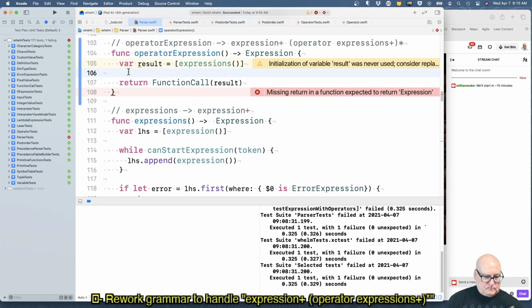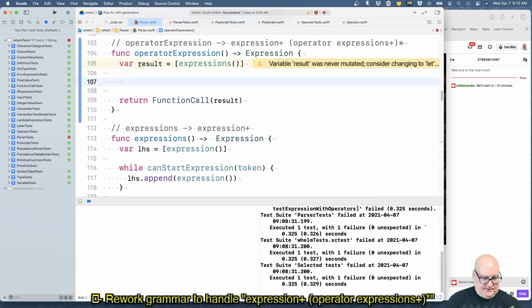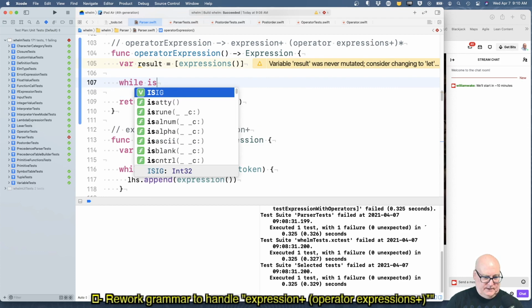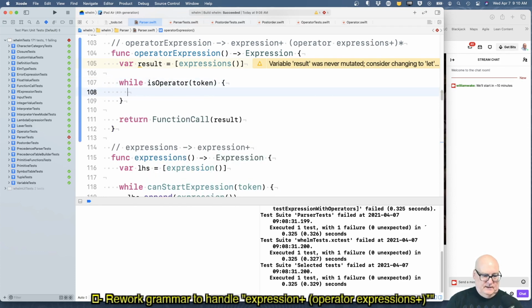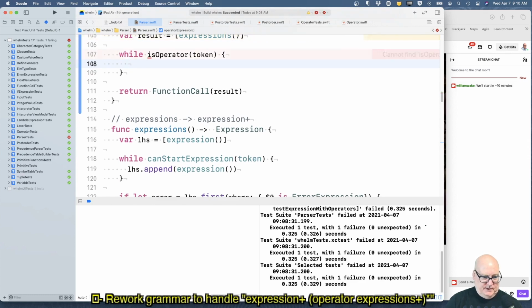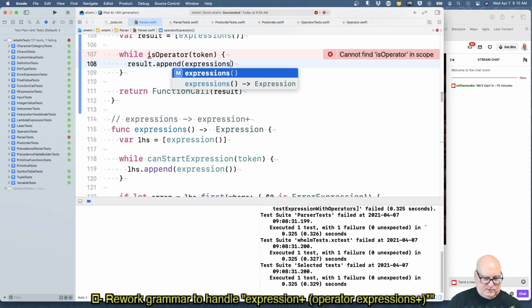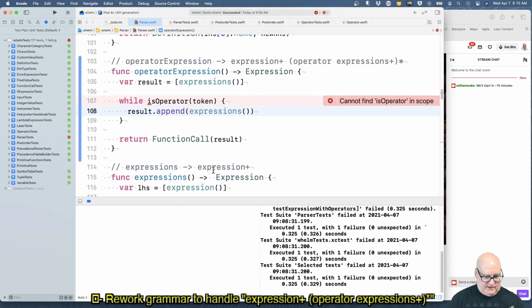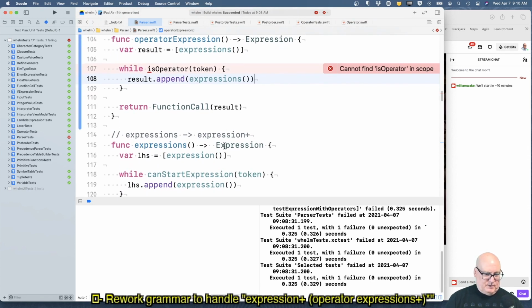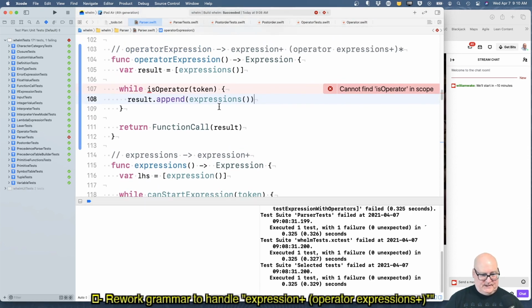And now this, while is operator of a token, we want to do the append. Result.append. And again, we do expressions, because we're calling this one. He calls the simpler one expression, so that's the way it goes.